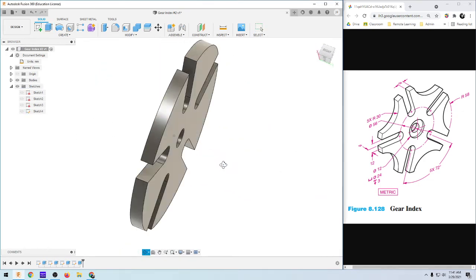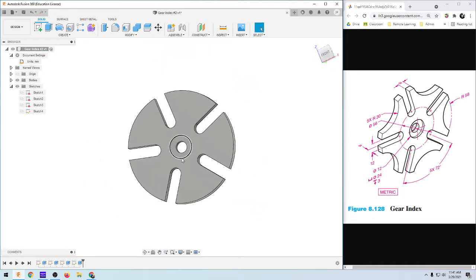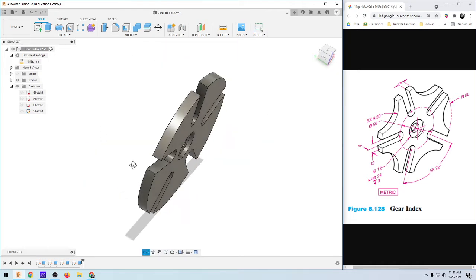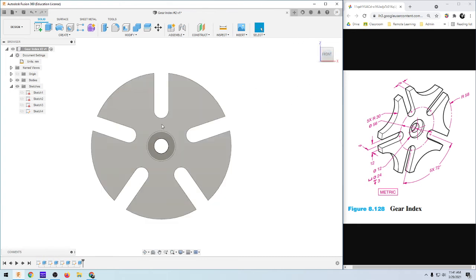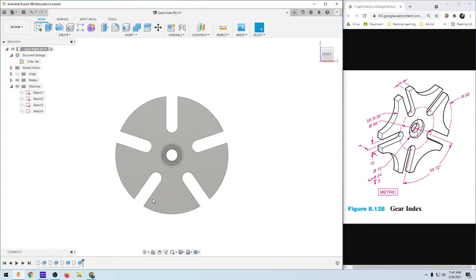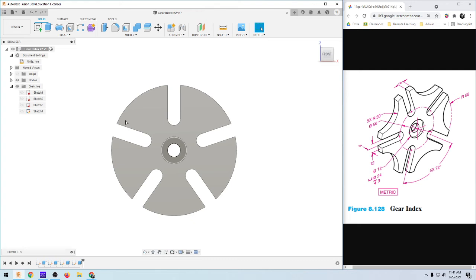So cool. Starting to come out now, and F6 will reorient, so click on the front, and F6 will get me back. Okay, so now what we have to do is create some